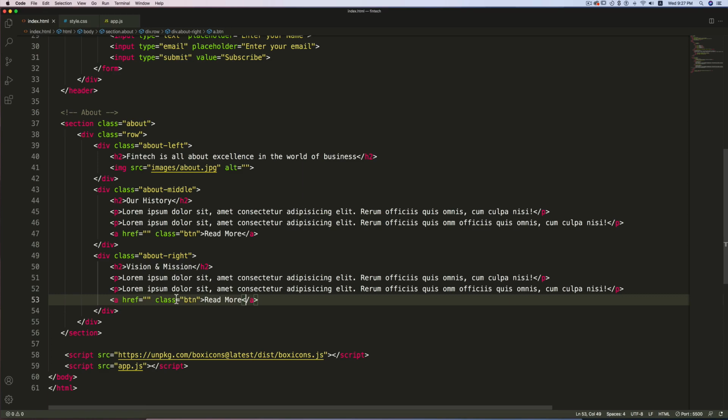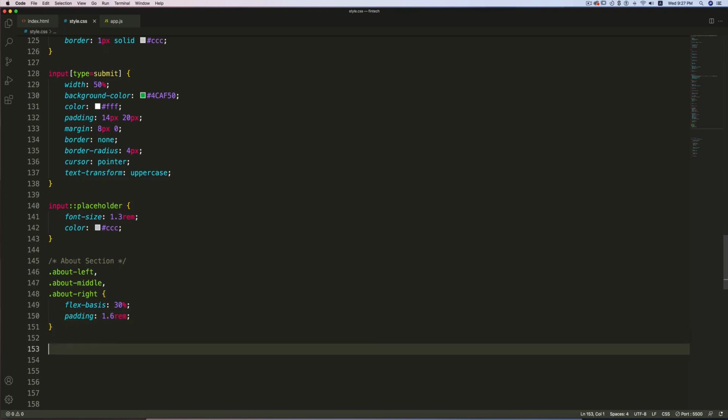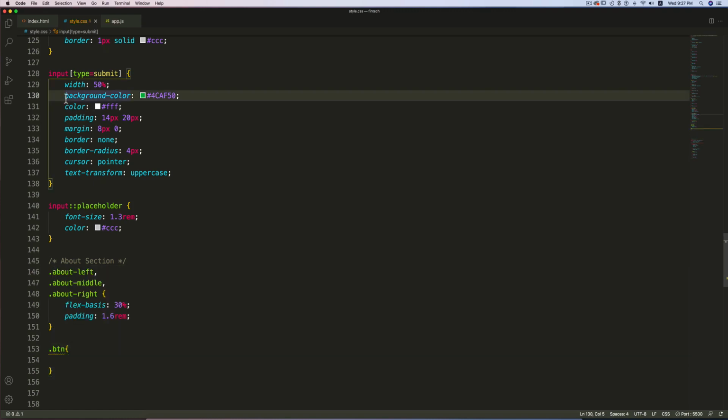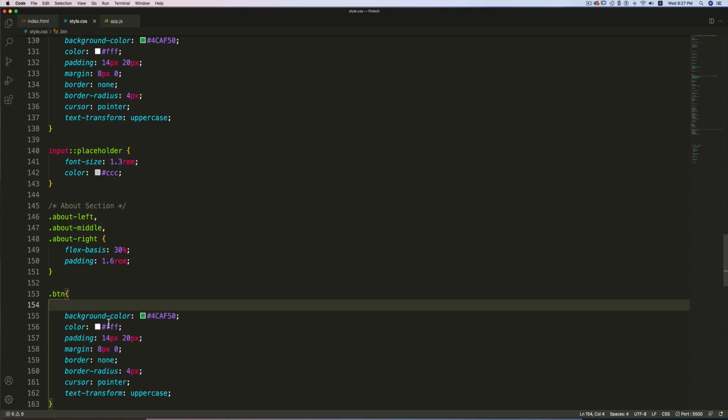So this link has a class btn, so I'm going to copy this, and here I'll write the style for it. So what I'm going to do is just copy this entire properties and paste it here. I'll remove the width. Background color will be this, color is going to be this.